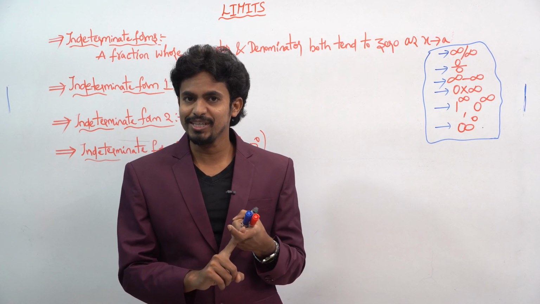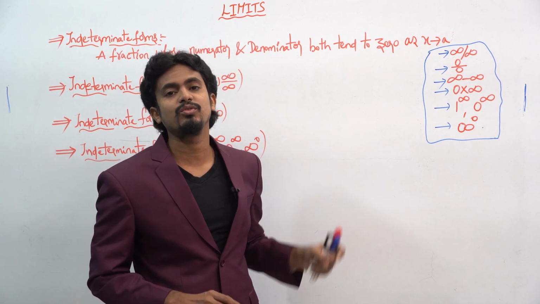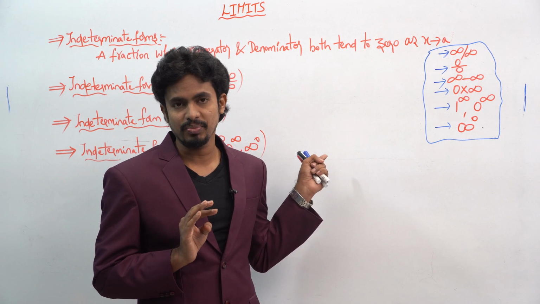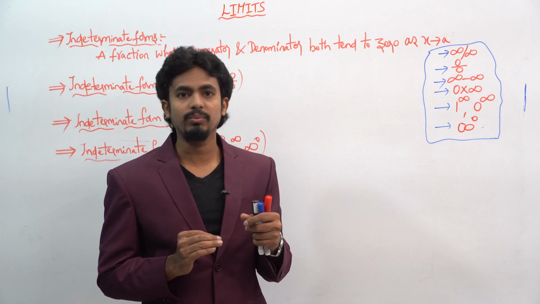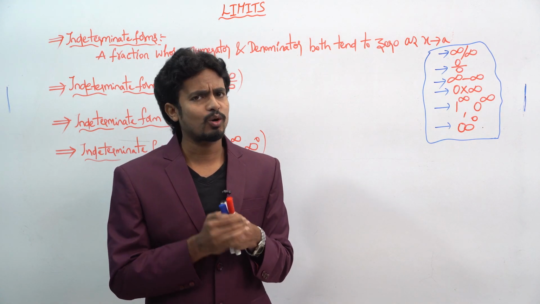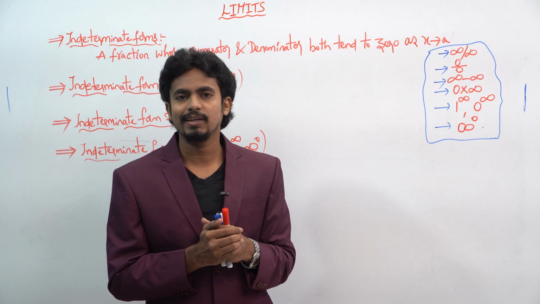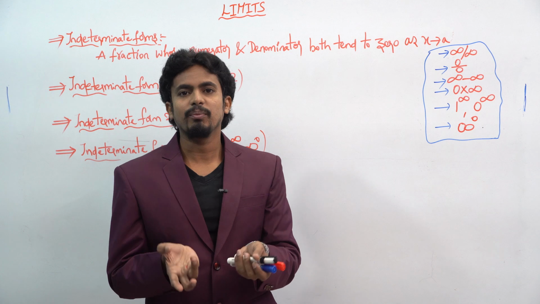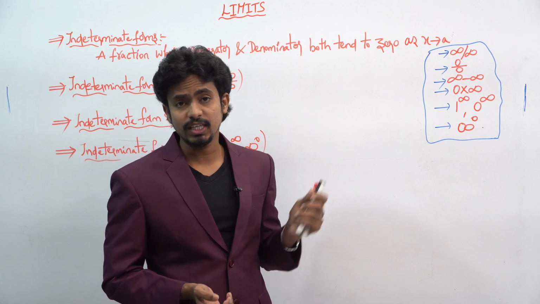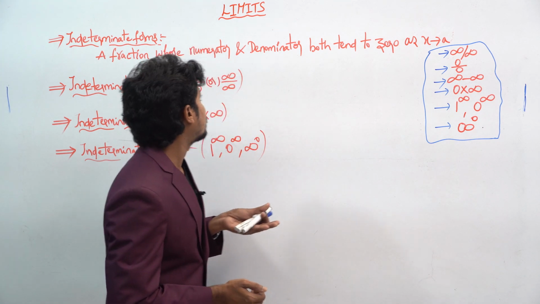You must also check the indeterminate forms. We have three indeterminate forms. In the previous question also you can see what we got. That will be the 0 by 0 form, or infinite by infinite, or infinite minus infinite, as well as 0 cross infinite. Then you can apply L'Hospital's rule for the indeterminate forms. Let's see what the indeterminate forms are.